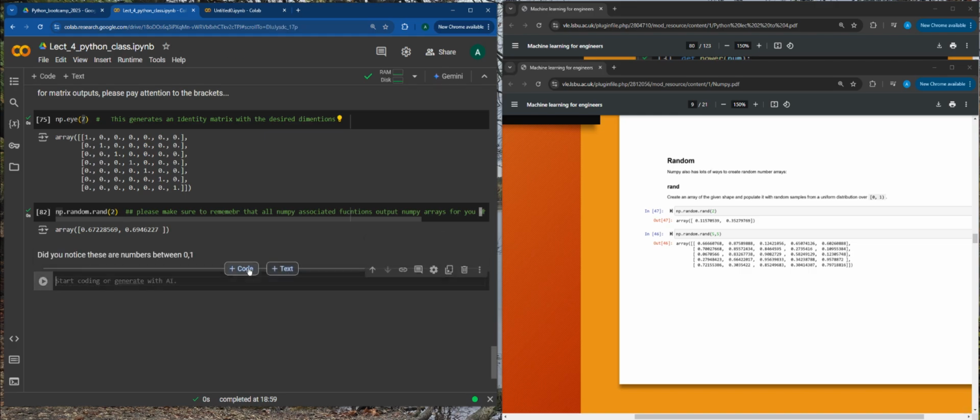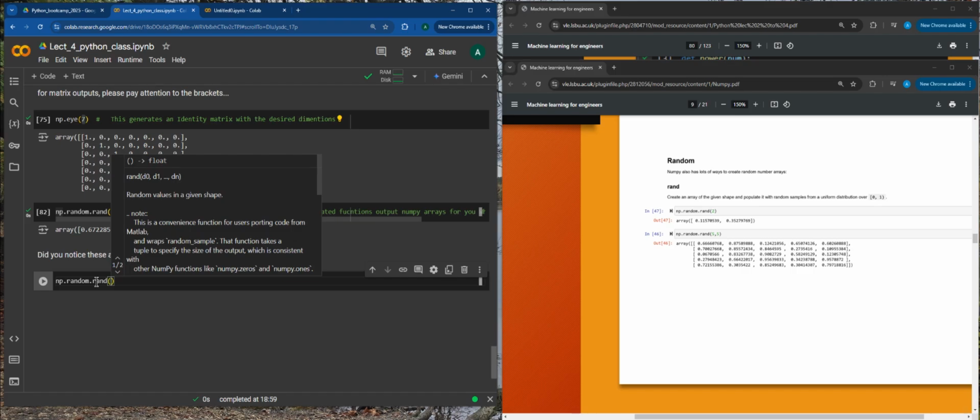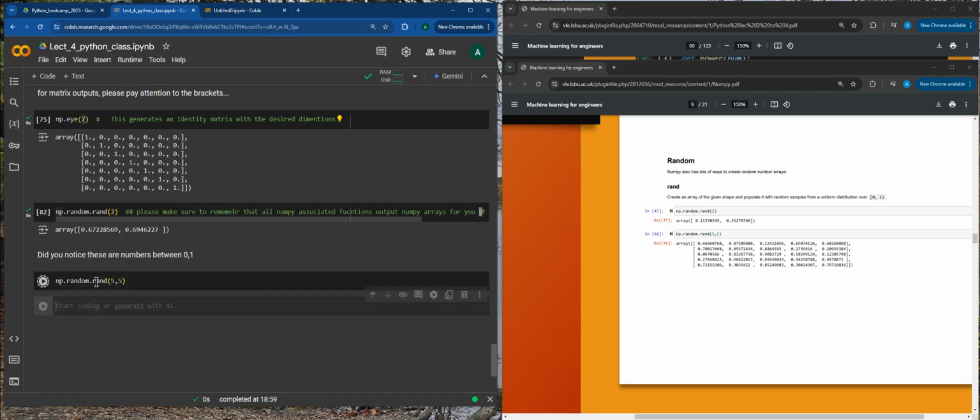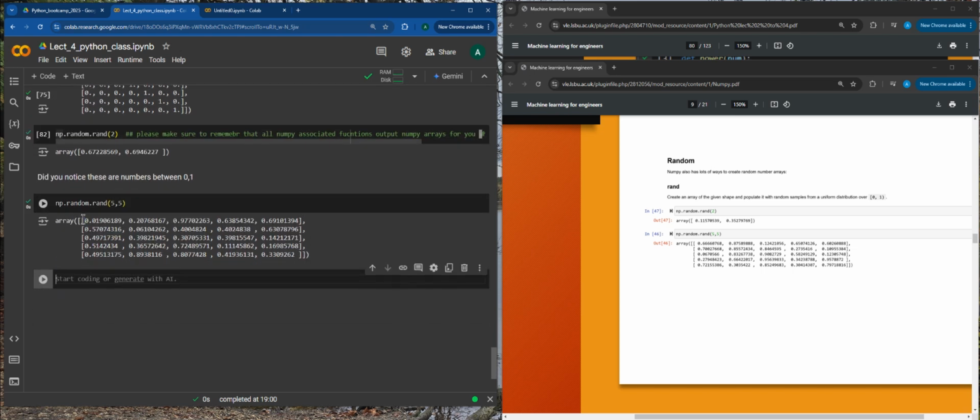Now the good thing is that you can create a random matrix as well. Yeah, so you just say np.random.rand(5, 5). Okay, and this again, pay attention to the brackets. This is not a vector anymore. Yeah, don't mistake this